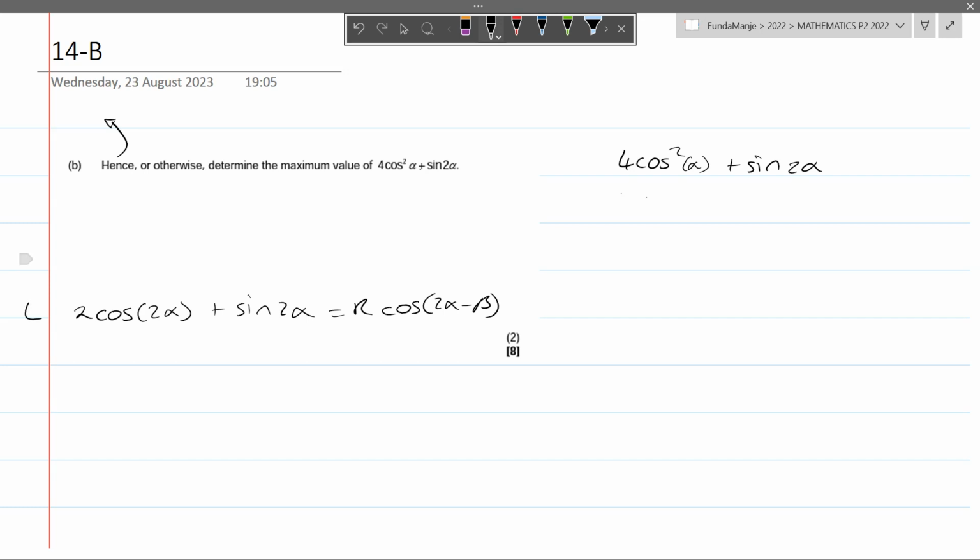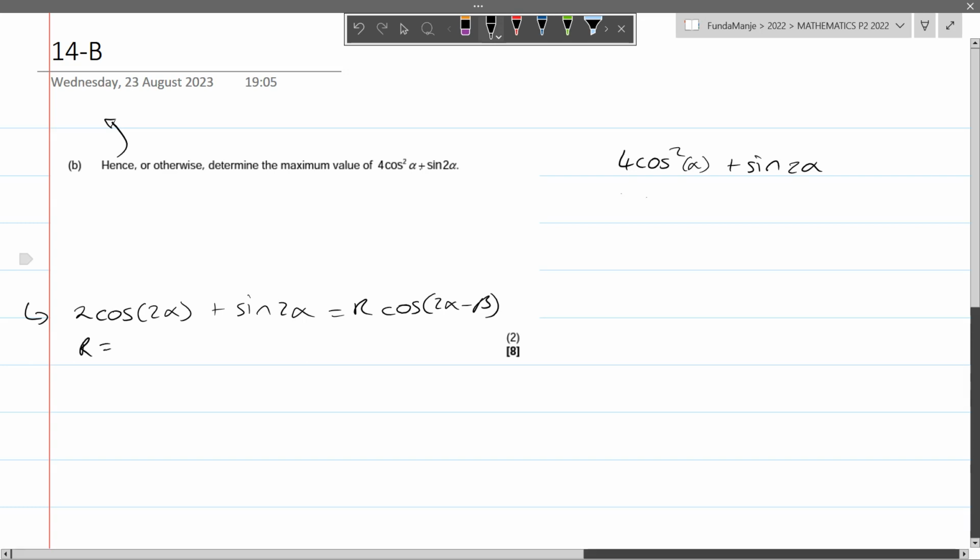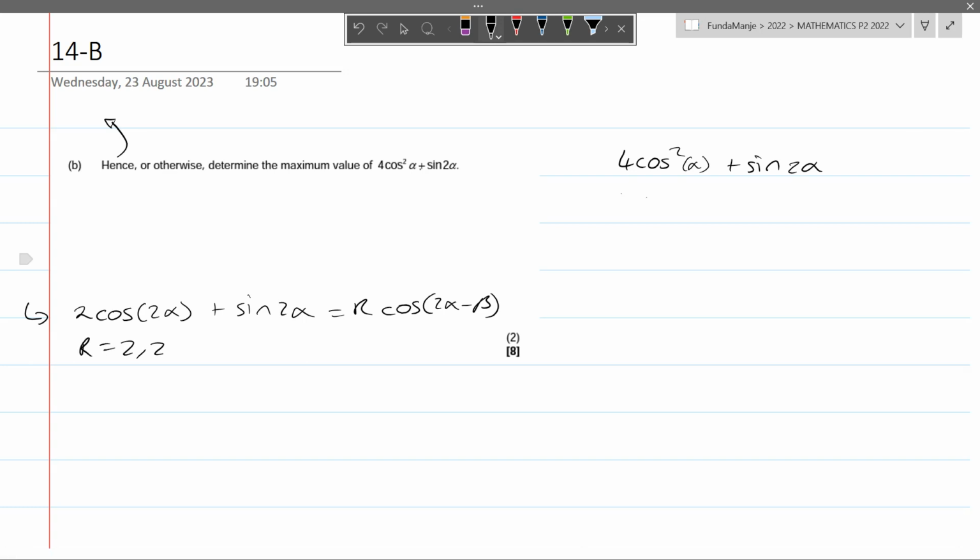So here I have the previous question, and the answer that we got was 2.2 for R, the constant R, and B was 26.6. So using this information, I'm going to try and solve for the maximum value of this. 4 cos squared alpha. Since in our previous question we didn't have a cos squared, but we had a cos 2 alpha,